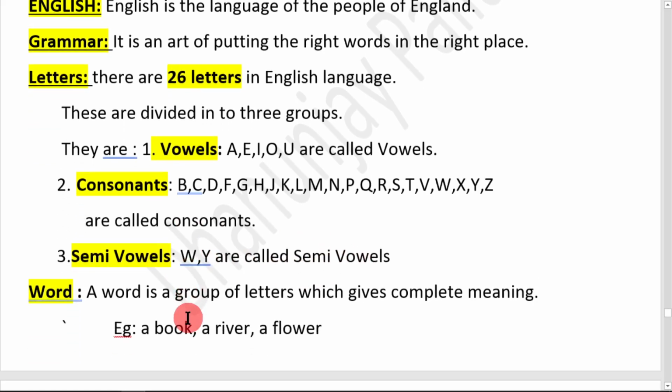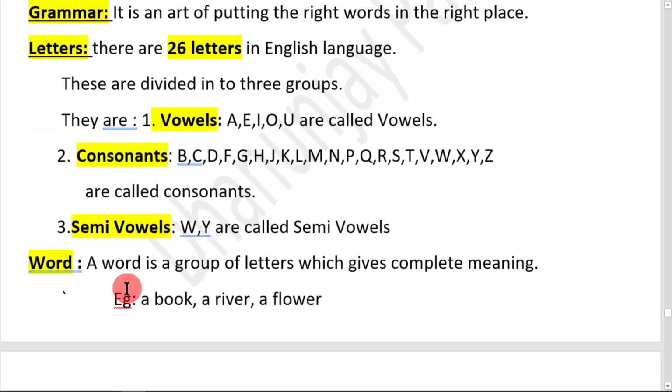Okay, now we are going to know about the word. A word is a group of letters which gives a complete meaning. అంటే కొన్ని లెటర్స్ని తీసుకొని ఆ లెటర్స్ని ఒక వర్డ్గా మారిస్తే ఒక వర్డ్గా తయారవుతుంది. ఫర్ ఎగ్జాంపుల్, హియర్ దెర్ ఇస్ ఏ BOOK. ఓకే, హియర్ దెర్ ఆర్ ద త్రీ లెటర్స్ BOK. ఓకే, ఈ త్రీ లెటర్స్ని మనం గ్రూప్గా చేర్చడం వల్ల ఇక్కడ ఒక వర్డ్గా ఏర్పడడం జరిగింది.